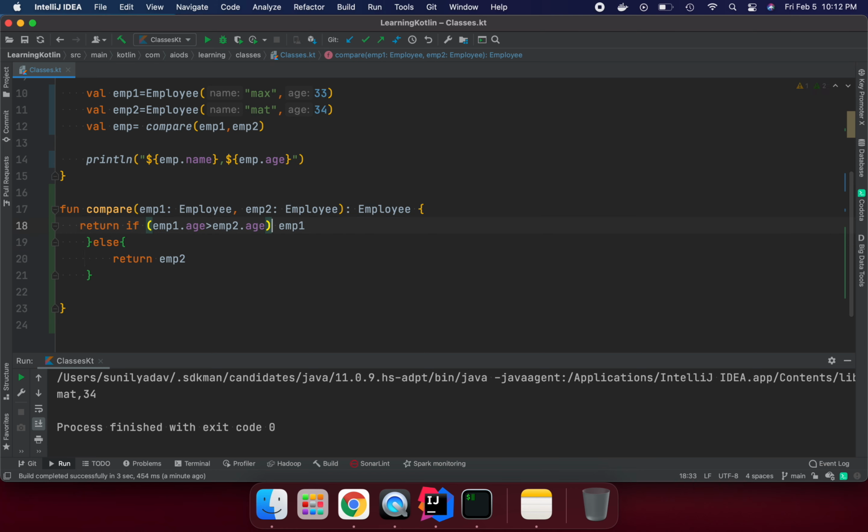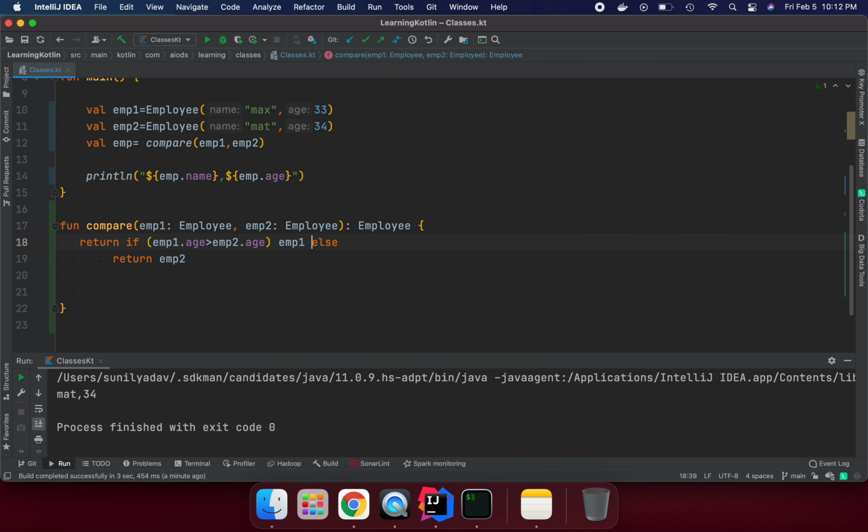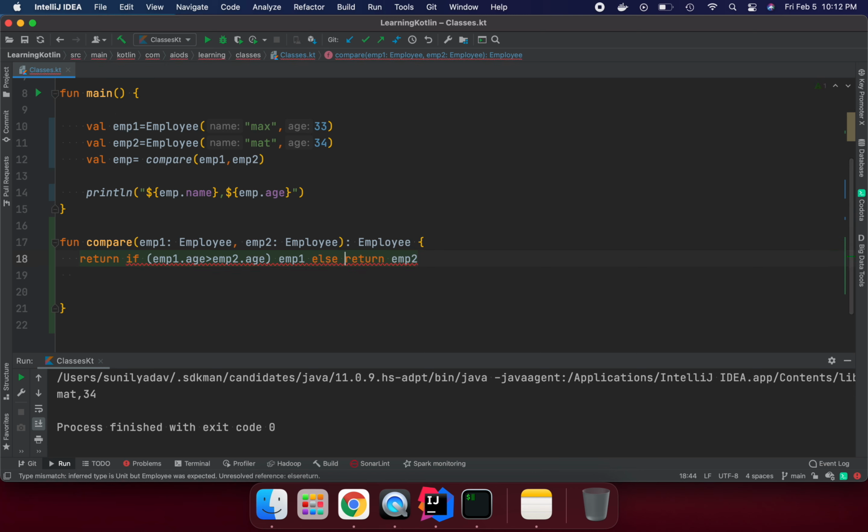So let's remove the return keyword and remove these braces. It looks like one single line, so we don't need to put in a lot of ceremony. We don't need to return as well. If we run it, we can see it's the same behavior, nothing changed.